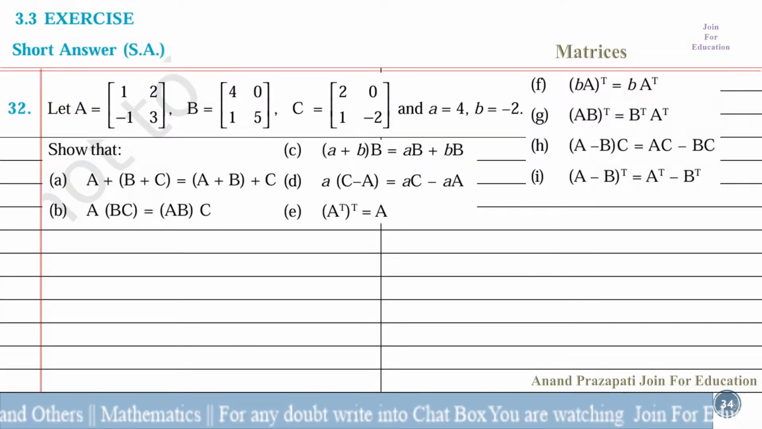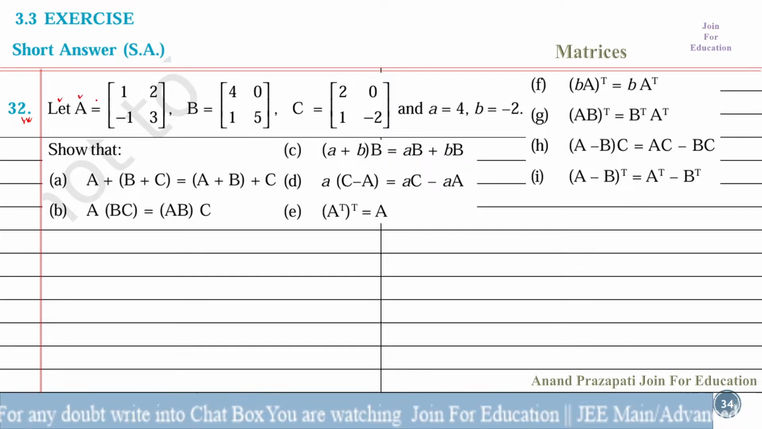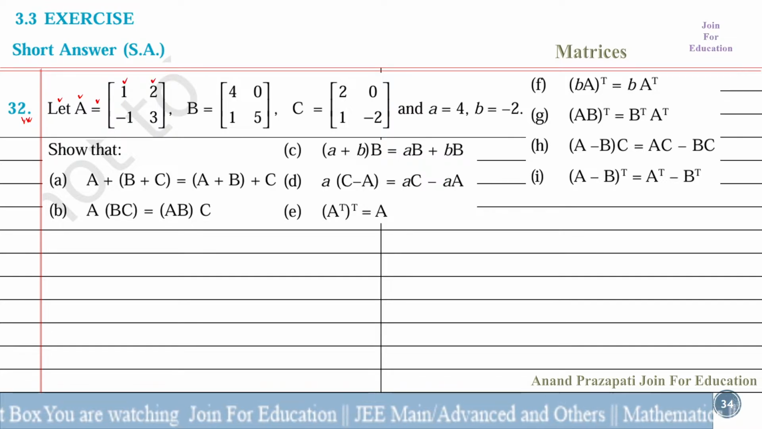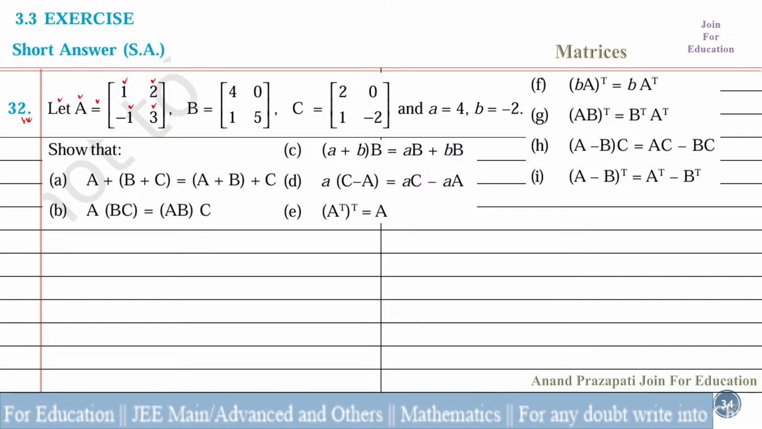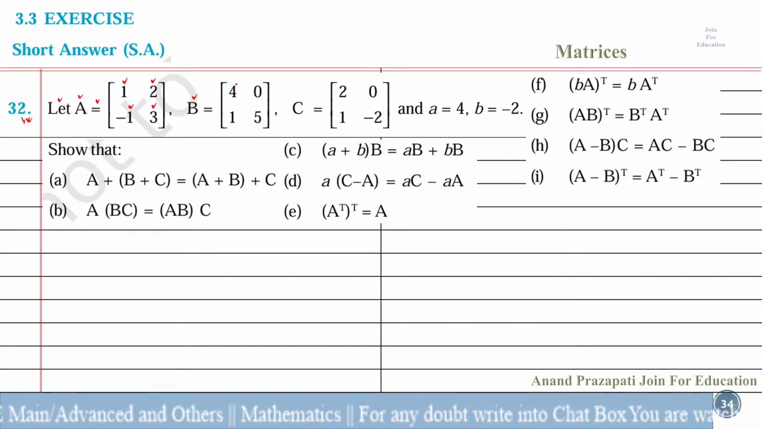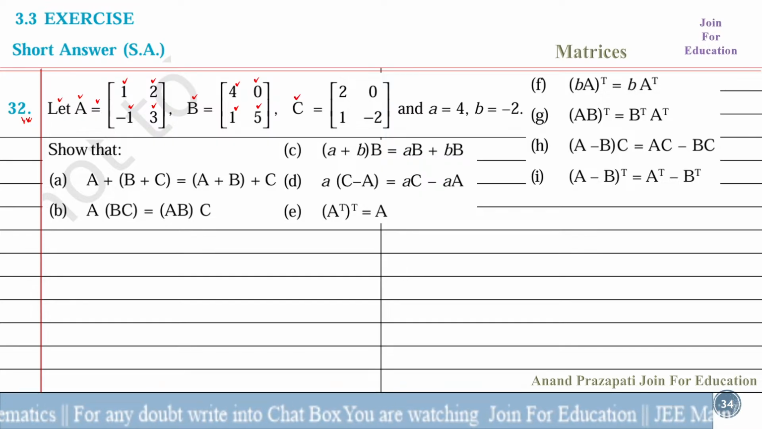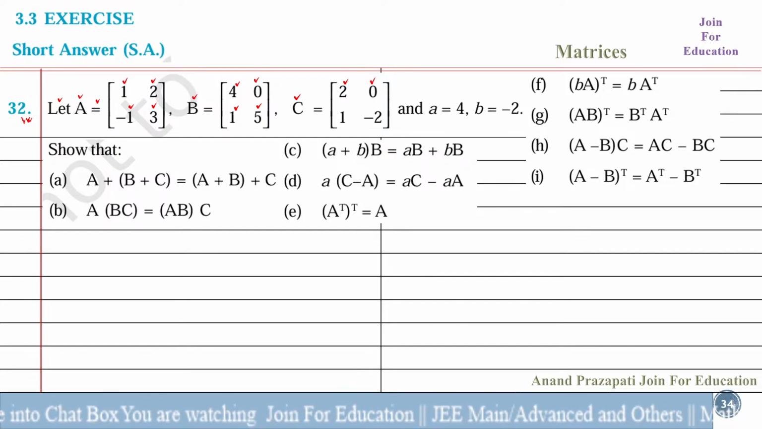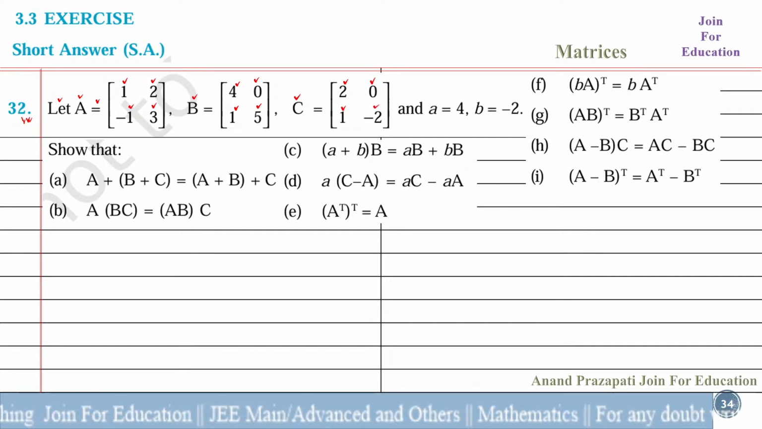Let's see question number 32. Let A equal to, elements of A along first row 1, 2, along second row minus 1, 3. Elements of matrix B along first row 4, 0, along second row 1, 5. Elements of matrix C along first row 2, 0, along second row 1, minus 2. In this question, we are asked to show that